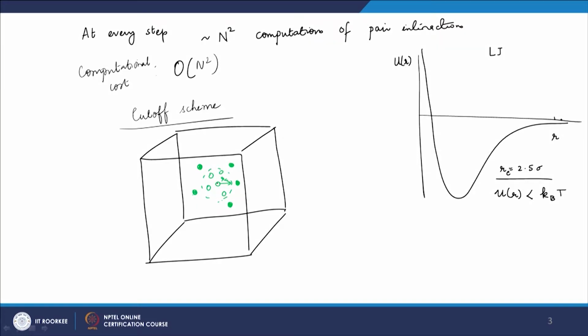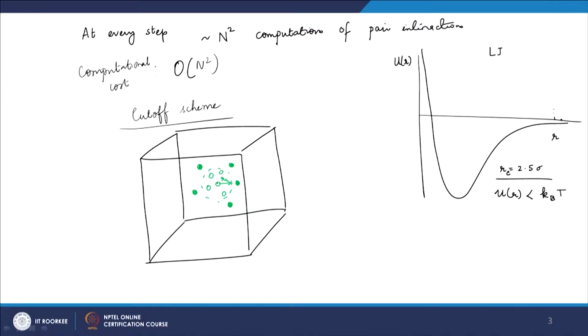Okay. So, keeping that in mind, now you can see that at every step I am not computing n square interactions, because for every particle I am computing a much lesser number of pair interactions compared to n square. So, what it means is my computational code will be much faster depending on the cutoff distance, subject to the fact that I will make a small error in the energy because I am cutting it off at some value. So, let us say if I cut it off at 2.5 or whatever I choose,